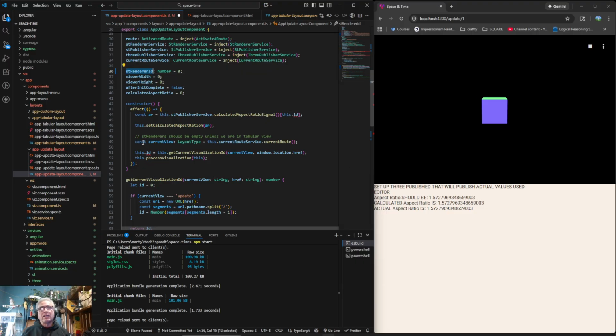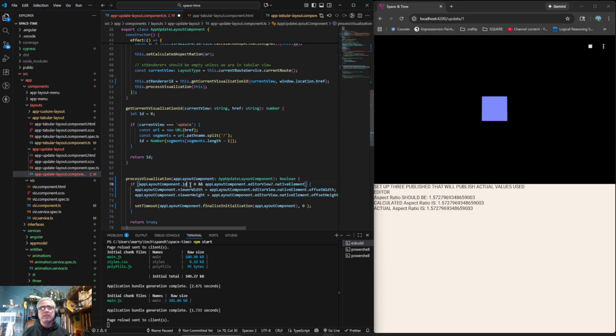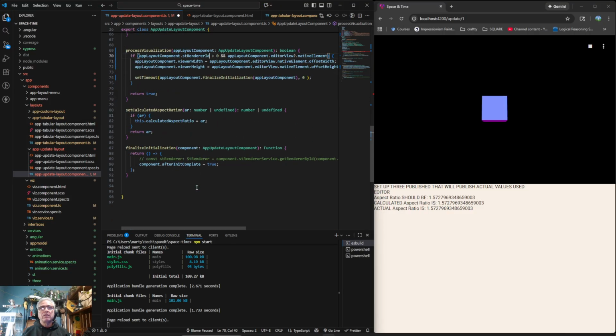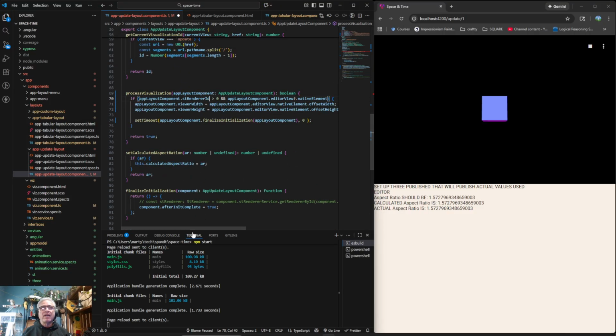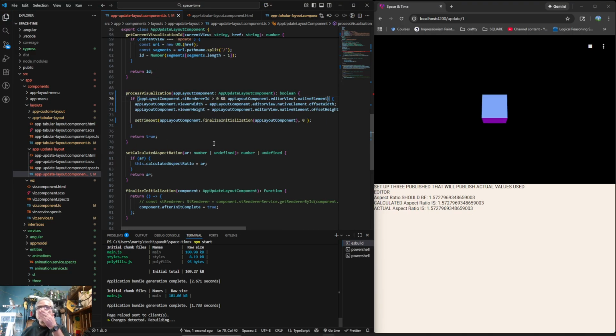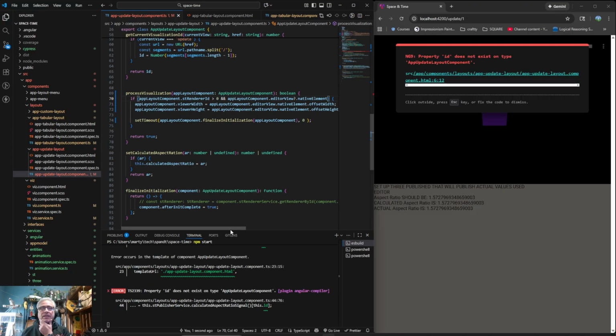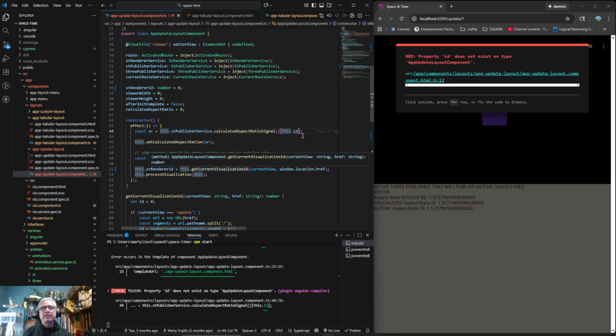I am just really kicking myself. I knew so much better than this. ST renderer ID. Okay, so now we're updating the renderer ID, not the visualization ID. And that would have absolutely immediately been obvious if I had not